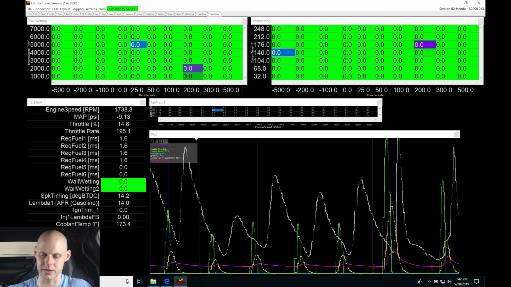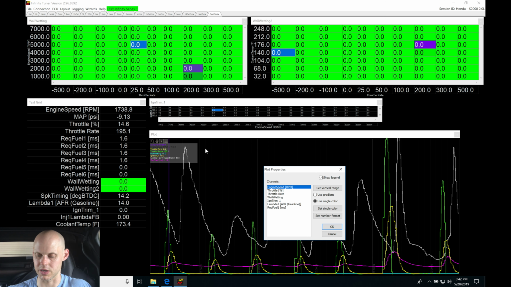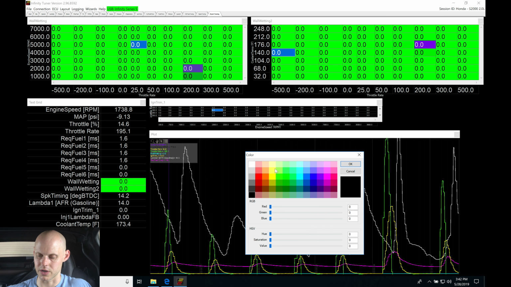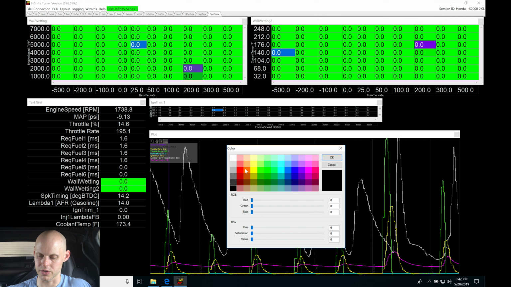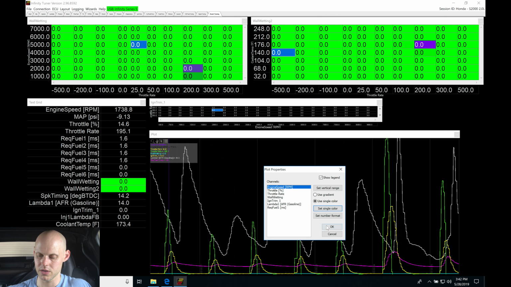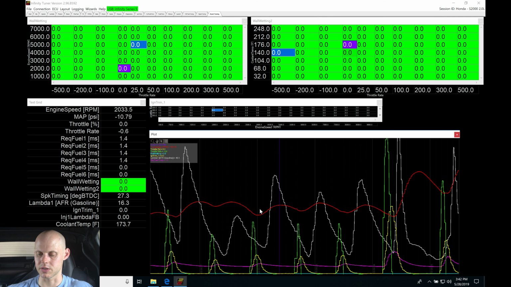We need to set the color here. It's going to turn black, so we'll go to Properties, go to Engine Speed, use our vertical grid. Let's go from 0 to 4000, and set our single color to something bright. Let's do an orange. Let's just do a red. There we go. So this is our engine speed now. If we're looking at this, our white's our wideband, our green is our throttle rate. We can see that's changing through the table as I'm revving. The yellow is my actual throttle, and then the pink here is going to be my actual required fuel. We can see